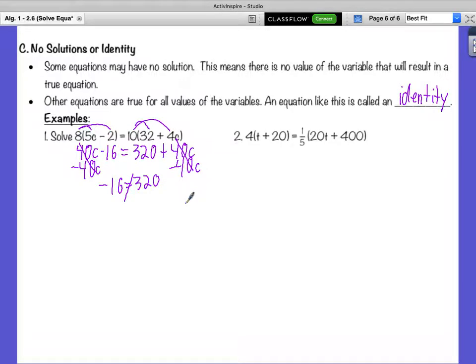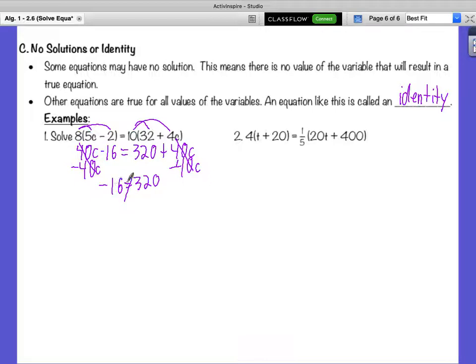If you have negative $16 in your bank account, that's not the same thing as having $320 in your bank account. That would only be cool if you had more money. Okay, so when we get an equation like this that gets down to no variables,